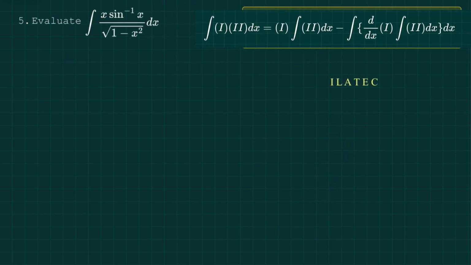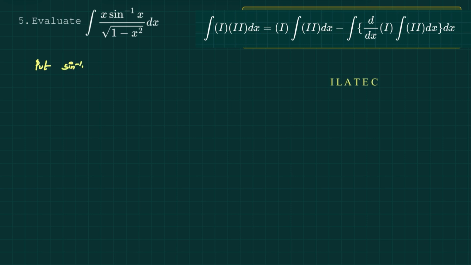Question 5. Evaluate the integration of x sin inverse of x over square root of 1 minus x square dx. Before doing integration by parts, here let us do the method of substitution. Since I can see that the derivative of sin inverse of x is 1 over square root of 1 minus x square, here let us put